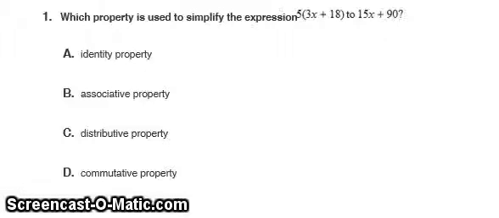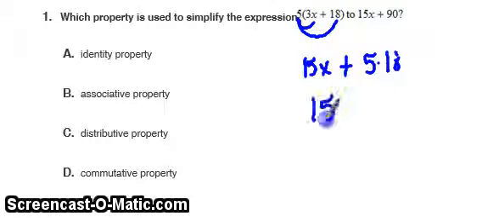So we're looking at practice probe 7EE1. The first question says, which property is used to simplify the expression 5(3x) + 5(18) = 15x + 90? So if we're looking at this,